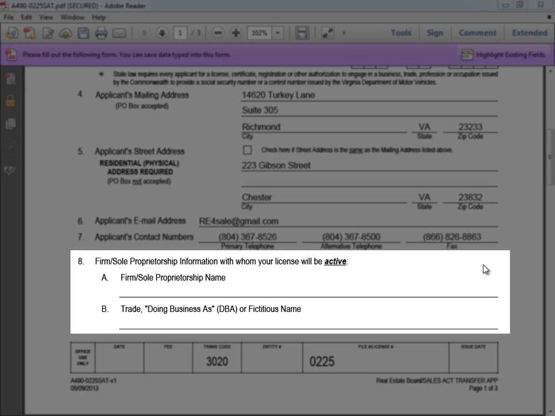Many applicants get confused between a firm's legal name and its trade, doing business as, or fictitious name. Contact your firm to obtain the correct information. However, this information is available on the face of the firm license,